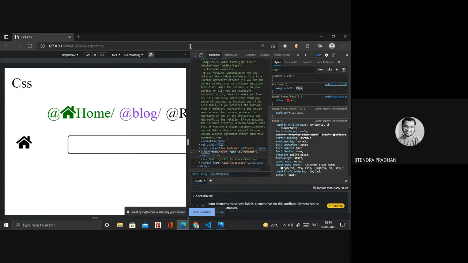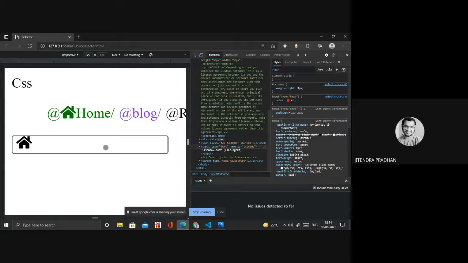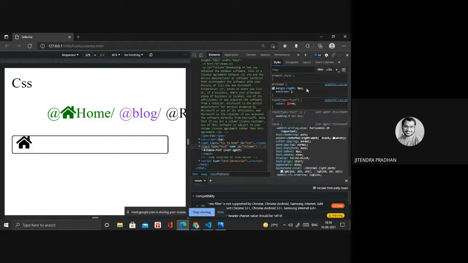Okay, wait. Position, inheritance is absolute, inheritance relative.